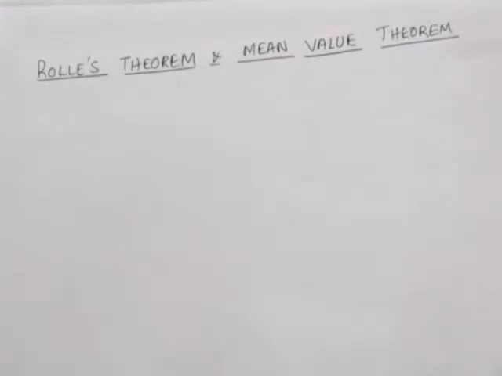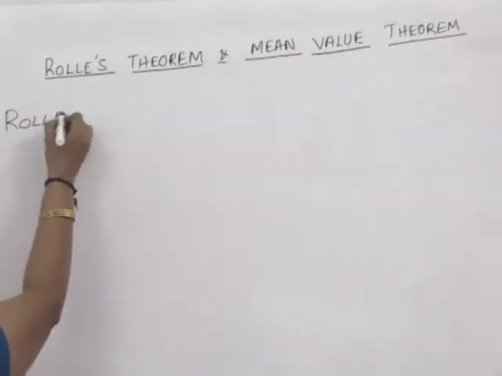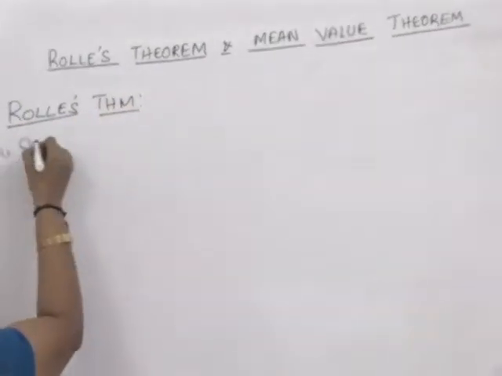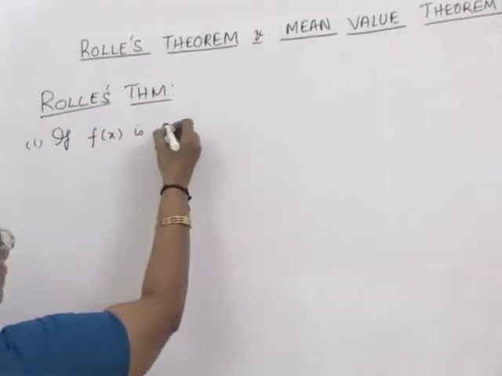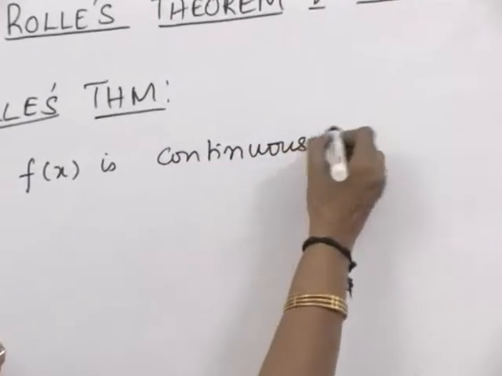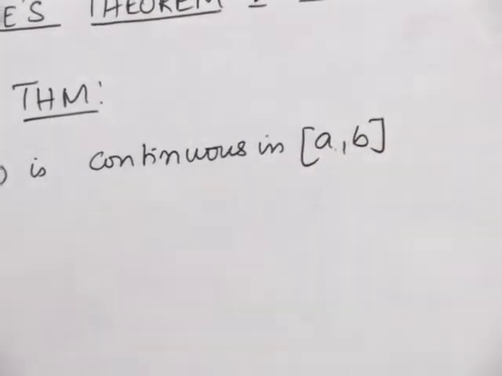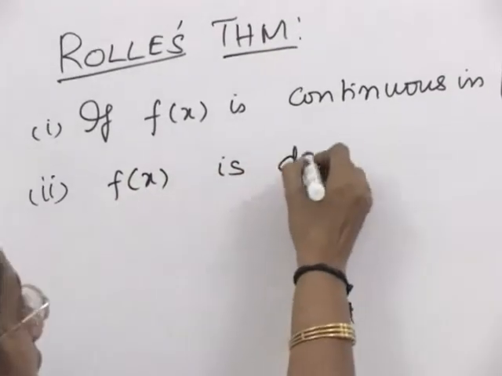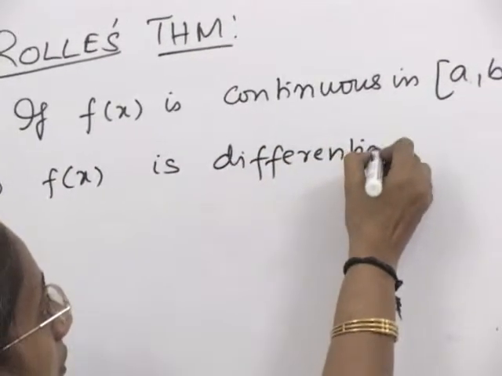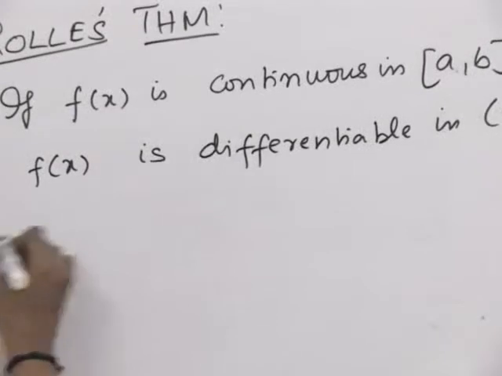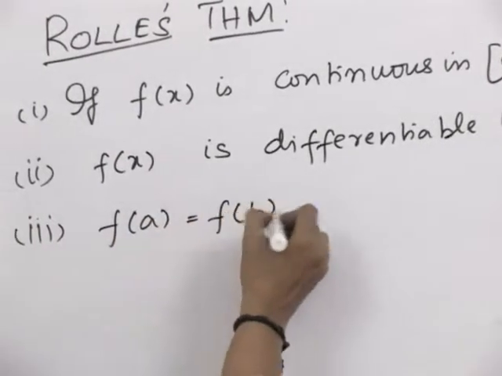Next we will be discussing Rolle's theorem and mean value theorem. First let us take up Rolle's theorem. If f of x is a real function and continuous in the closed interval a, b, f of x is differentiable in the open interval a, b, and if f of a is equal to f of b, then